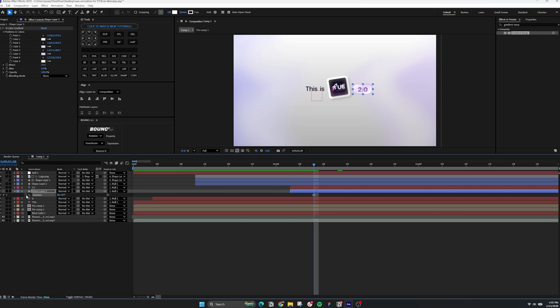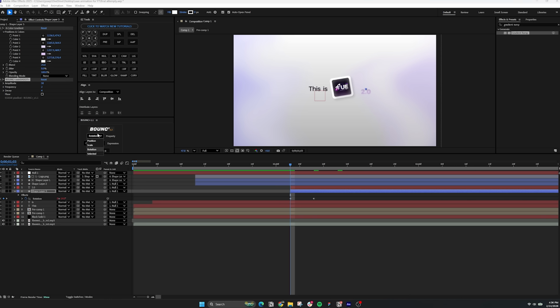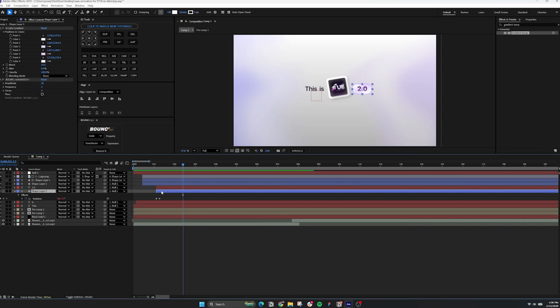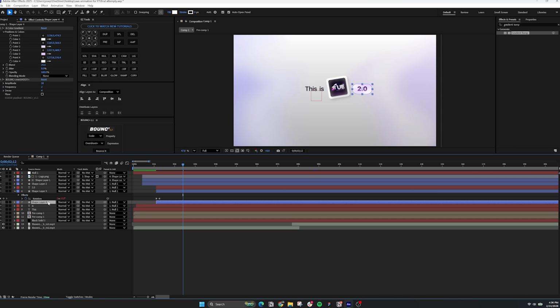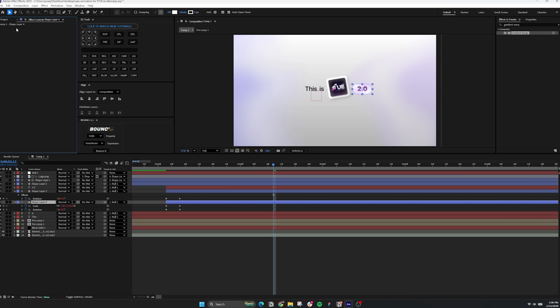Keyframe the scale and rotation, move back and start the scale at 0 and increase the rotation to -14. Finally, press Bounce It for rotation and then select Scale and Bounce It again. Duplicate the shape layer, move the layer down, delete the bouncer effect and the 4-color gradient, go to the last